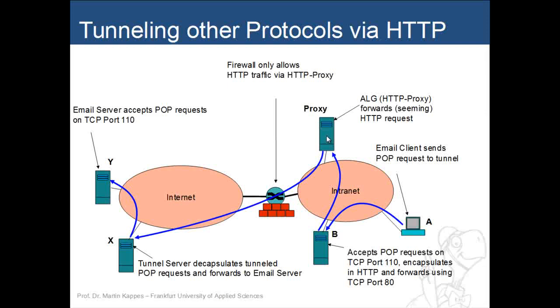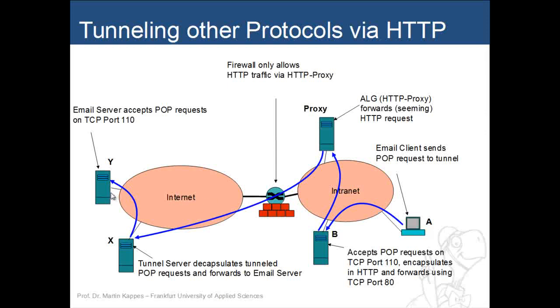Let's also assume that there is just a basic syntax check running on this proxy. So what happens now is, again, A wants to fetch email from the server Y, and in the following example we will not change A, we will not change Y. Those will basically run untouched without further changes, except for one thing. We do need to change the configuration of A such that instead of